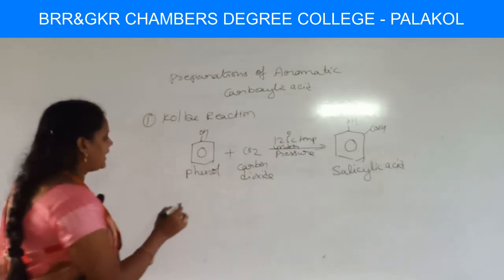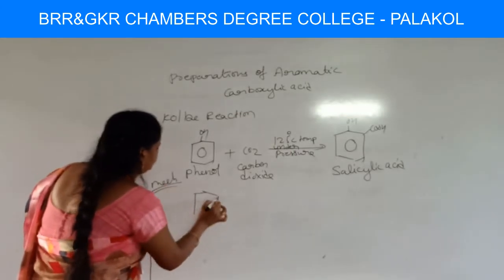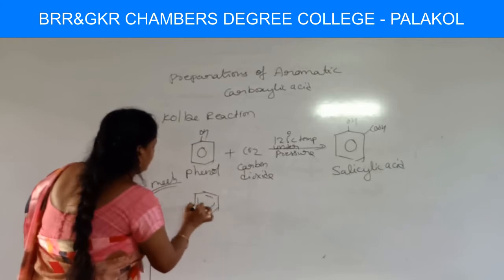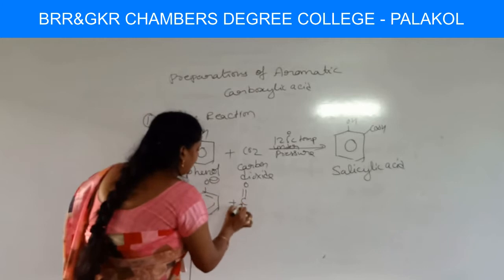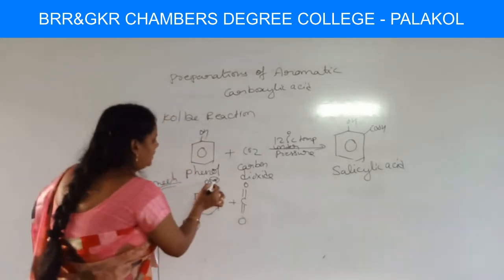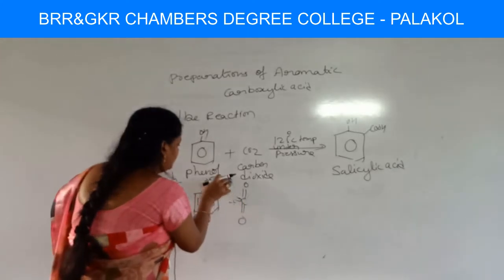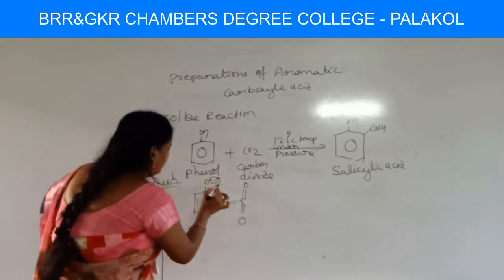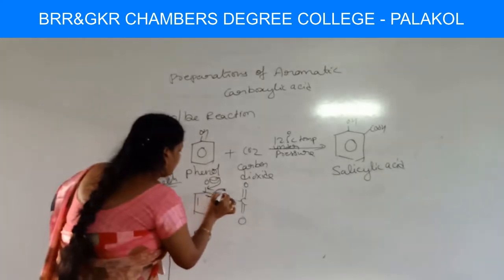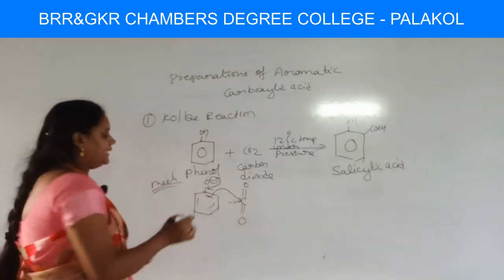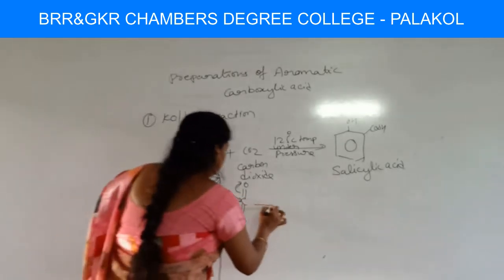Okay, if you see the mechanism of this reaction, you have to take phenoxide ion and C double bond O, the minus charge attacks here. I'm sorry, I'm directly doing the mechanism. Single bond O minus becomes double bond O, and these bond pair electrons attack C double bond O, and double bond O becomes single bond O minus.